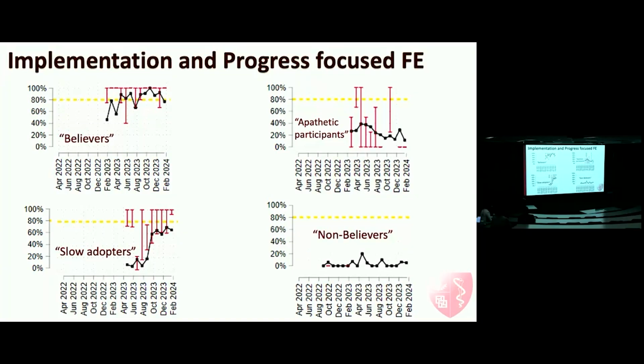So as you can see, with the feedback we provide, there are people who believe in the innovation, and they are susceptible to intervention and feedback, but there are others who are not. And there are many factors that influence that. Currently, we're analyzing these trends by looking at whether we could have picked up who would have behaved this way using the pre-implementation data. Because that would be an important contribution to literature, like if there was a framework we could develop where you could identify with your initial interviews which would be good sites or good clusters to randomize, which would not. So more to come on that.